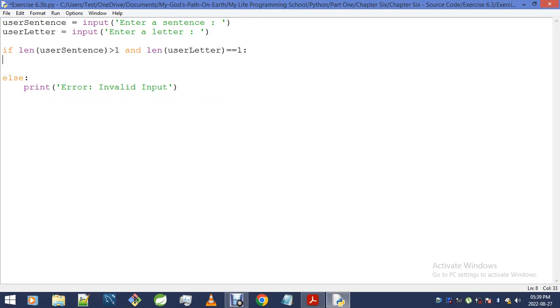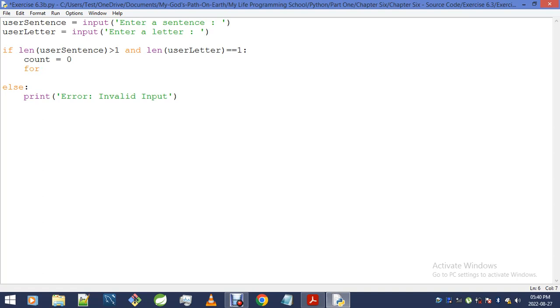Okay, now remember before I simply took advantage of the count function that is defined for strings. Okay, I'm afraid it's not gonna be as easy as that this time around, which is why I need a variable called count, which will basically count the number of occurrences of user letter in